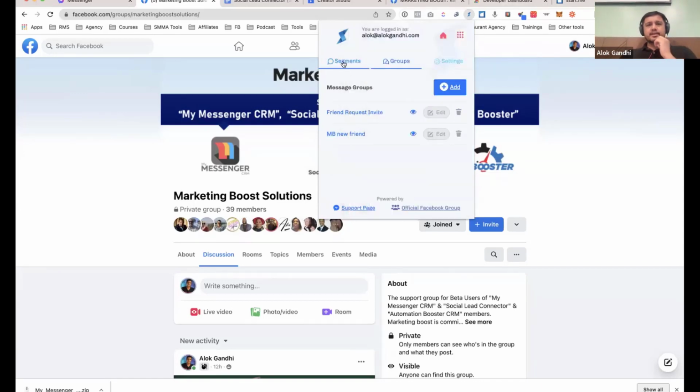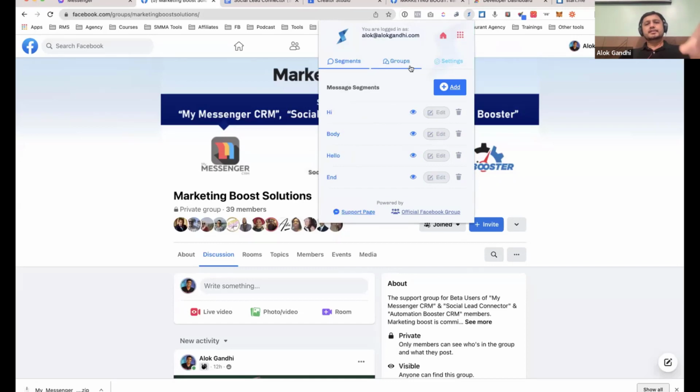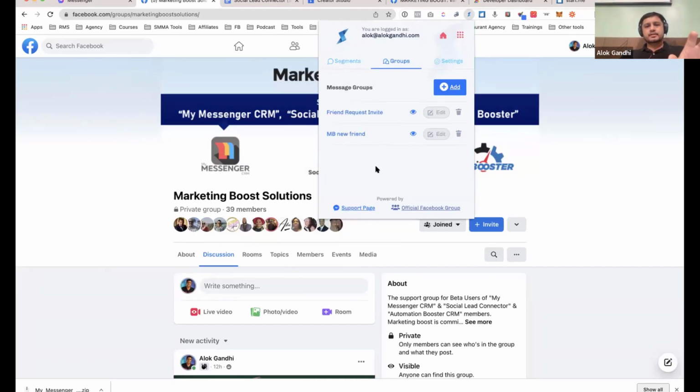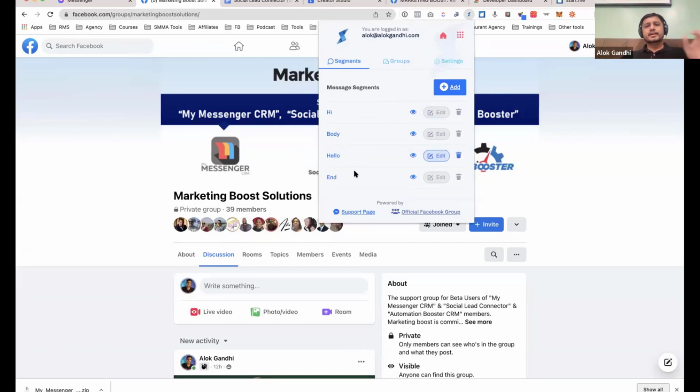But does anyone have any questions on how to create segments in the groups? I'll show you where to use this in a minute, but I want to make sure you understand this properly, because this is where the setup piece comes in. But once you set it up properly, it's just done for you once off, and then you just have to select that particular group before you send a message, and it just sends the message for you.